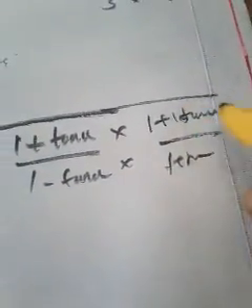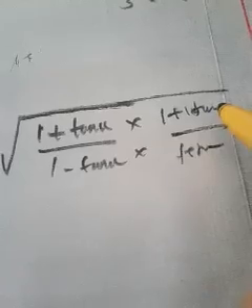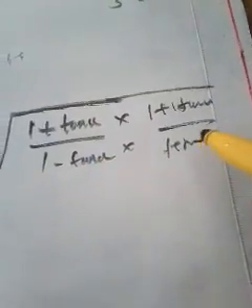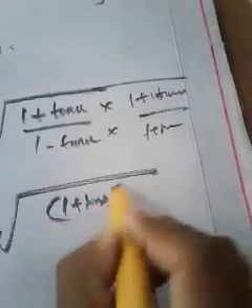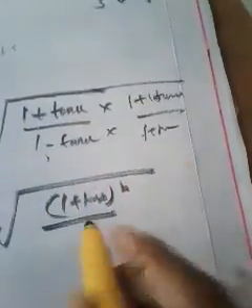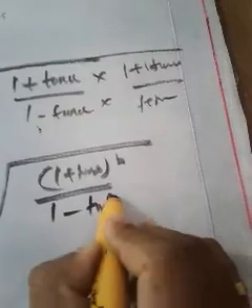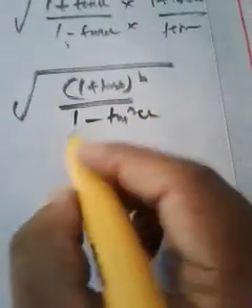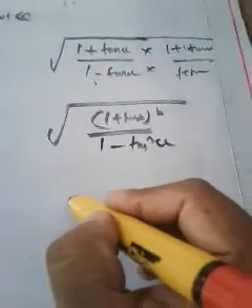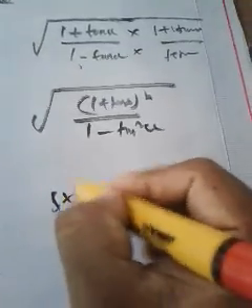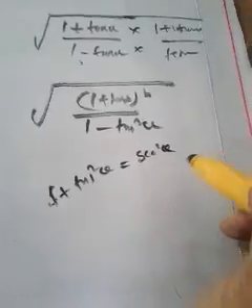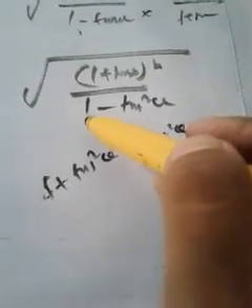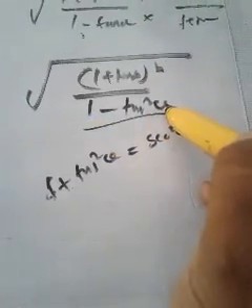If you multiply with 1 + tan θ, in the numerator also you have to multiply with 1 + tan θ. Denominator also you have to multiply with 1 + tan θ. So it becomes square root of 1 + tan θ whole square as it is. And what is 1 - tan θ into 1 + tan θ? It is nothing but 1 - tan square θ. Is there any expression for 1 - tan square θ? See, our identity is 1 + tan square θ is equal to sec square θ, no? Can you replace 1 - tan square θ with anything by using this identity?